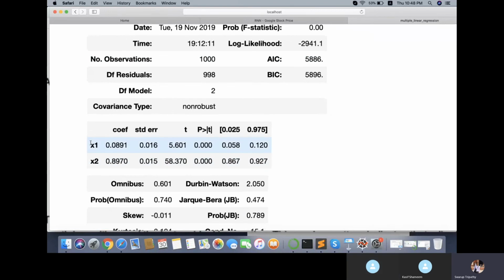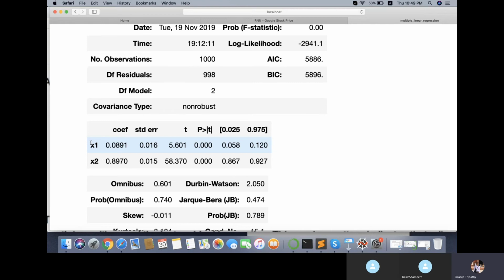Now x1 is one independent variable. A t-test is usually done when you are comparing one individual value with one more individual value. Here we are testing whether math is a good contributor for writing or not, whether math gives good evidence for writing. Using the math scores we can easily predict the writing scores. That's what we are testing, whether it is true or not. If your p value is less than 0.05, then it's a good factor. If the p value is greater than 0.05, then it's not a good factor.